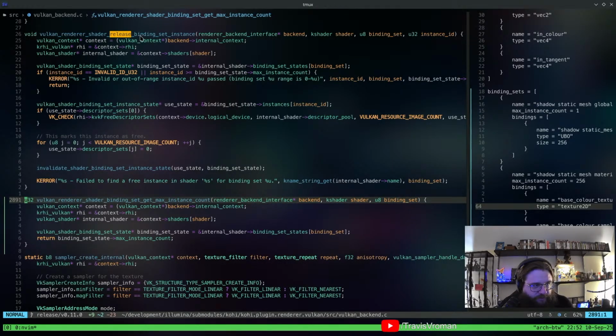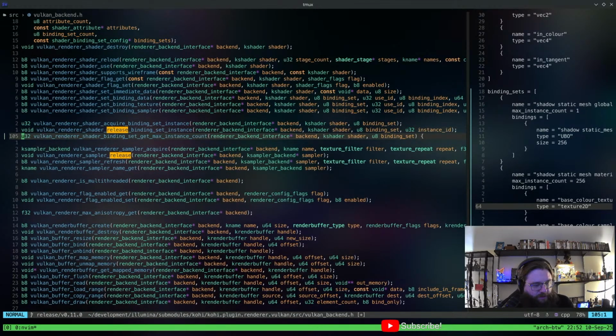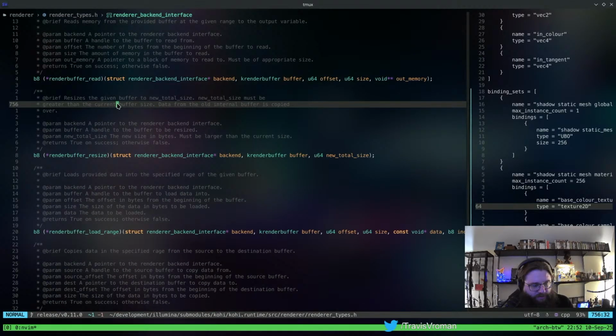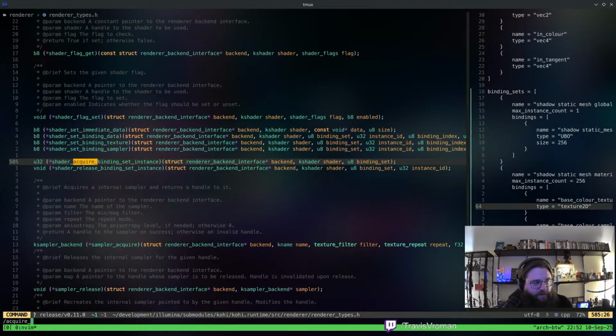All right, so let's just go here and put in a new function, and then go to backend interface and acquire binding set instance.